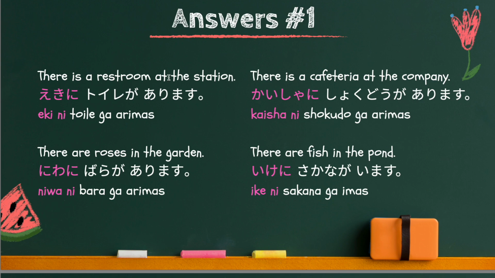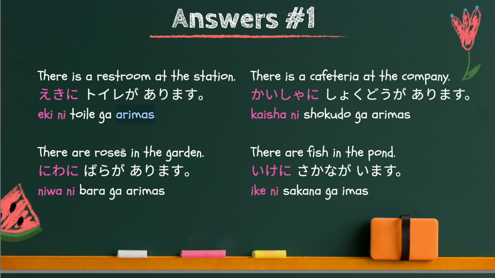There is a restroom at the station. 駅にトイレがあります。So the station, this is the place of being, the place of the existence. Therefore, you need to use に particle. And restroom is not a living thing, it's a non-living thing. Therefore, you need to use あります。